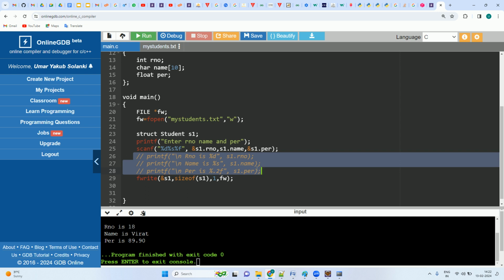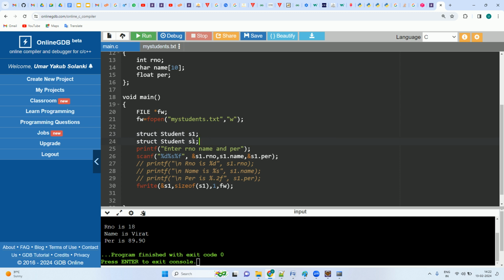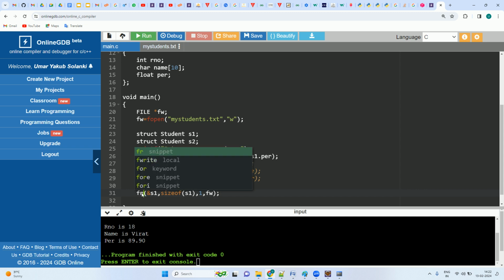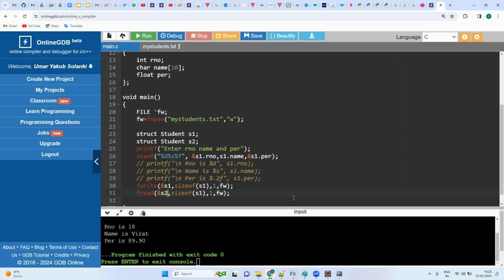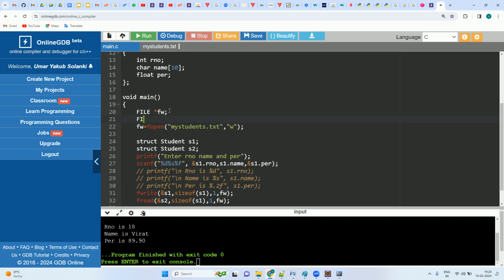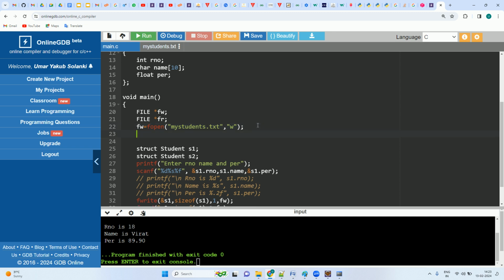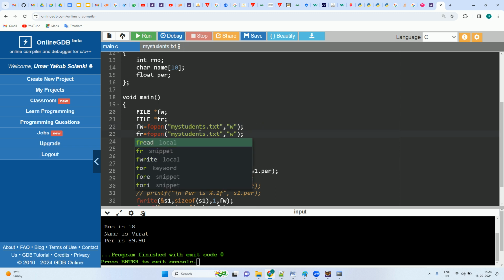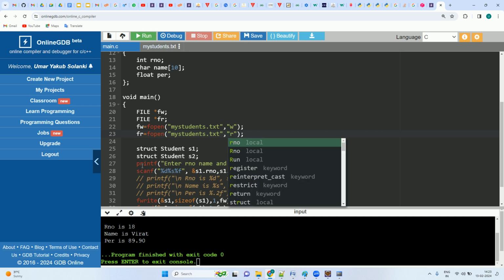अब मैंने क्या करा, 18 विराट और 90.9 लिया, डाल दिया फाइल में। अब मैं डिस्प्ले S1 से नहीं करूँगा, तो मैं एक और ऑब्जेक्ट बनाता हूँ, S2। ये तो प्लेन ऑब्जेक्ट है ना, इसमें तो कुछ भी नहीं है। अब अपन रीड करेंगे तो उसके लिए fwrite की जगह fread, fwrite की जगह fread, ठीक है। तो अभी मैं किसमें रीड कर रहा हूँ, तो उसका एड्रेस देगा, S2। साइज कितना है उसका? तुम लोग पॉइंटर दो ना, रीड कैसे करेंगे बगैर इसके? स्टार FR, तो अभी FR कहाँ जोड़ने का, इसी फाइल में ना। fopen this file in which mode now, रीड मोड, ठीक है।